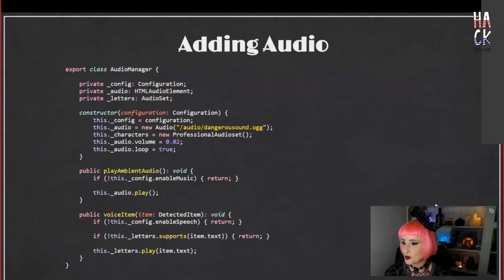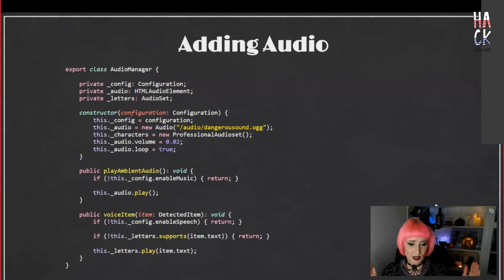The character sounds are all in one OGG file, which was kindly recorded for me by a friend of mine who has a much more professional audio setup than I do. I did attempt to record this myself, and the sound was so cringe that I had to ask somebody else to do it for me.